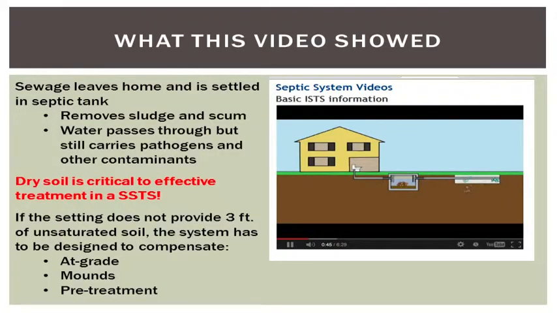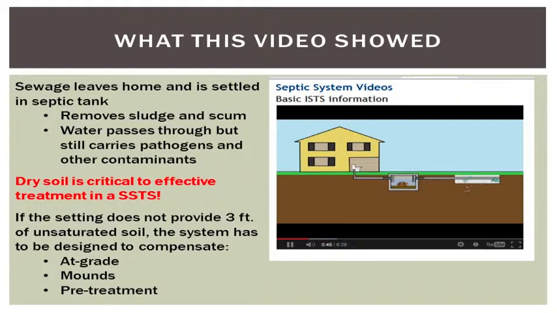What this video showed is that the septic tank provides primary treatment, the settling of the larger materials in the sewage. The effluent from the septic tank, or the fluid leaving the septic tank, basically still has many of the problems associated with sewage, such as a high degree of bacterial count, virus count, and a fair amount of solid materials and nutrients are also still contained in the effluent that leaves the septic tank. Therefore, what actually provides treatment with our systems is the soil underneath our drain field types of systems. That's what provides the lion's share of our treatment.